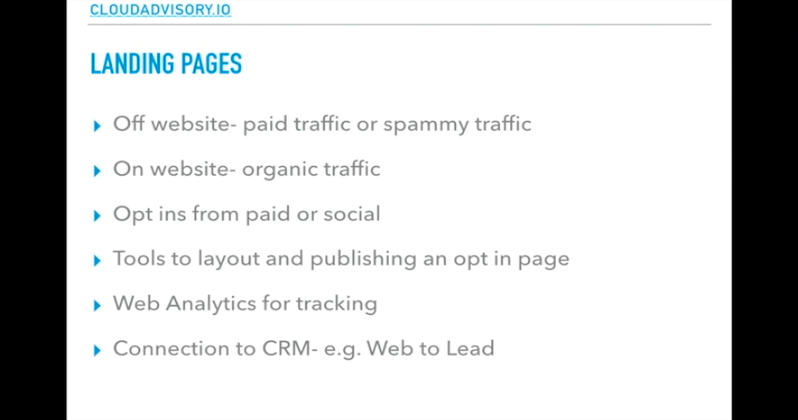Again, this can be off website. Typically I would say that paid or spammy traffic, like email traffic, cold email lists, you should probably have off-website landing pages so that it doesn't affect your domain. On website is typically more organic traffic, so SEO or any social referral, you would probably want to go back to